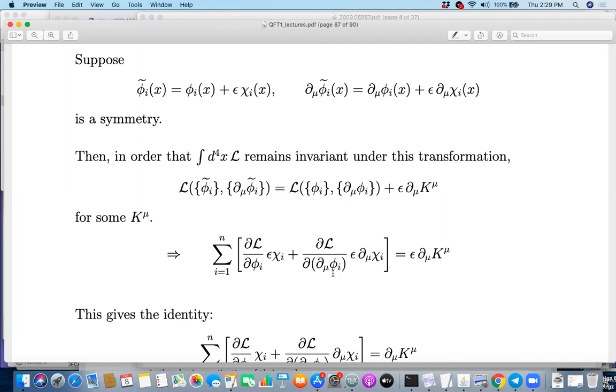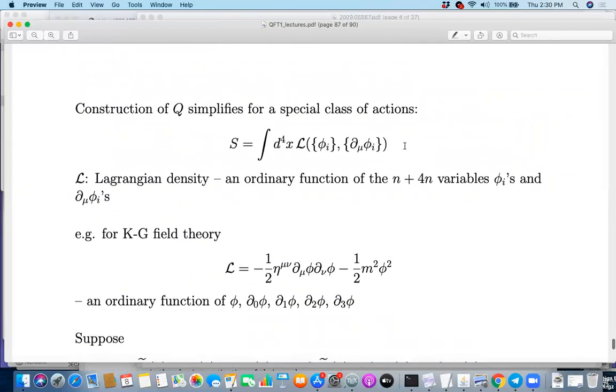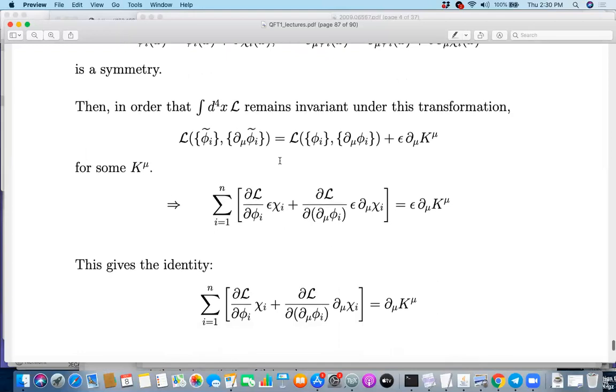And here the sum over mu is implied, right? You see mu is a repeated index. So mu is automatically summed over from 0, 1, 2, 3. That's why on the left hand side there are altogether 5n terms, right? Because after all, L is a function of 5n variables, and you are doing a Taylor series expansion where each of those 5n variables has changed to something else. So you get a relation of this kind.